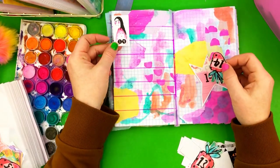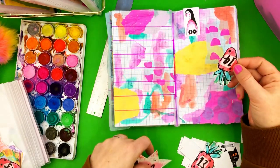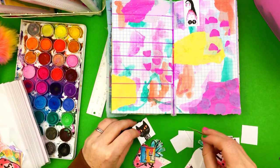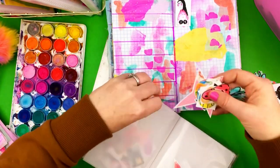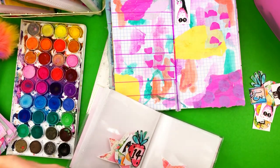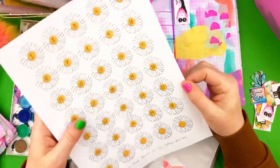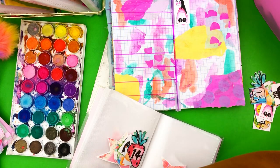So I have this from Pocket Journal Pam. So if it goes on this page, I can definitely use that since it's a little smaller. I do like her. I think she looks good with this page. And the other one would be the 20th. Okay, so then I simply put my 14s back, and I'm gonna have a lot more, especially once, oh yeah, oh man, Lydia's daisies here, I love those too, but I already have this yellow, but I will definitely get to use these like next week, you know. She does have black